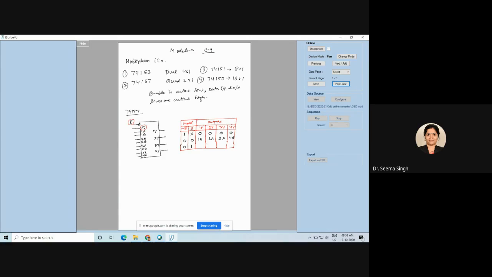And if select line is 1, all will be connected to their second input. And the second input is named as 1B, 2B, 3B, and 4B. So this becomes your truth table of 74157, which is a quad